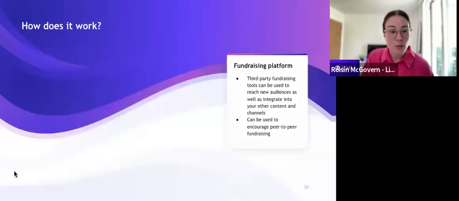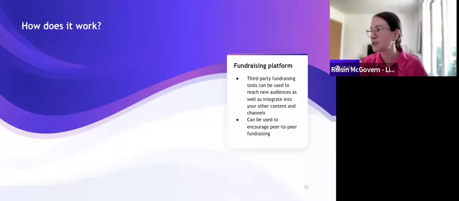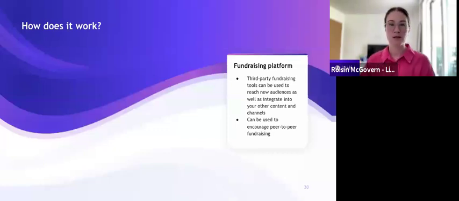So how does it all work? Well, there is another way that you can raise money online, and that is by using a third-party fundraising platform. Someone did mention earlier in the Q&A that not all crowdfunding platforms work internationally. Again, that's quite similar to some of the online giving tools on social media.